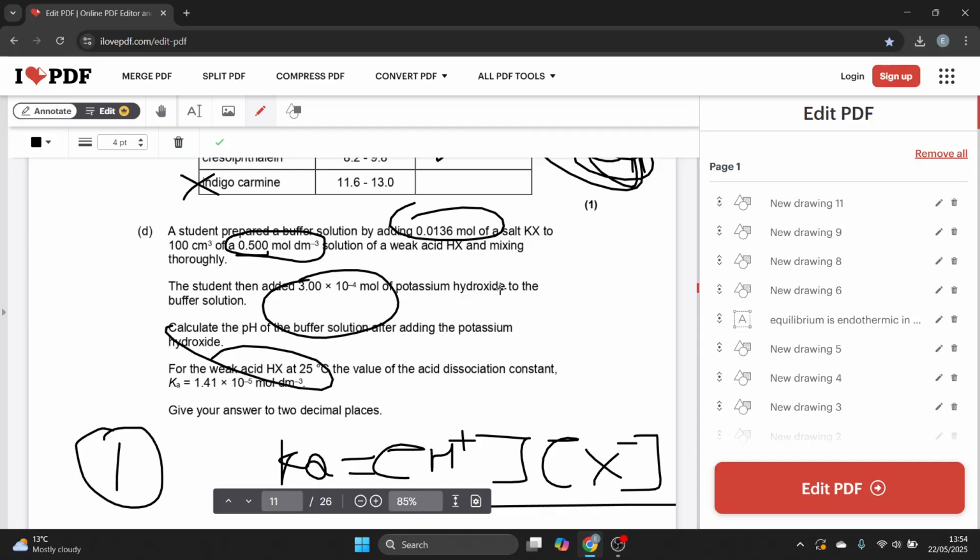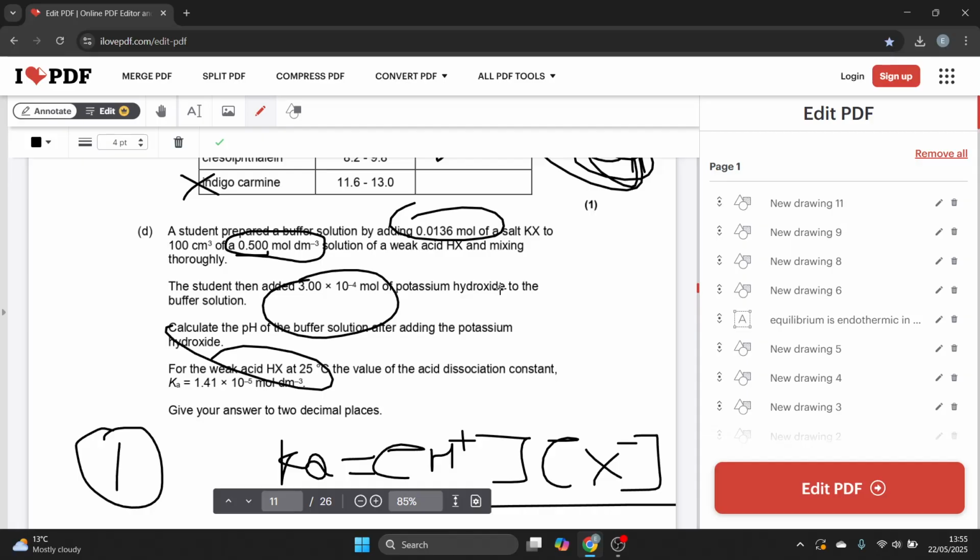Well, I'm going to subtract it, right? But with the salt, I'm going to do the opposite. I'm going to add the moles of the potassium hydroxide to the buffer solution, because with the salt, KX,